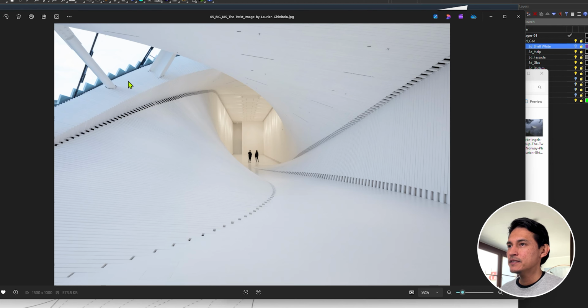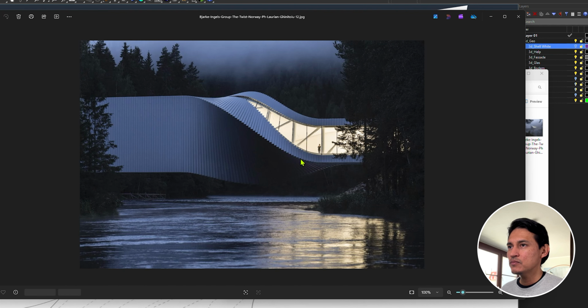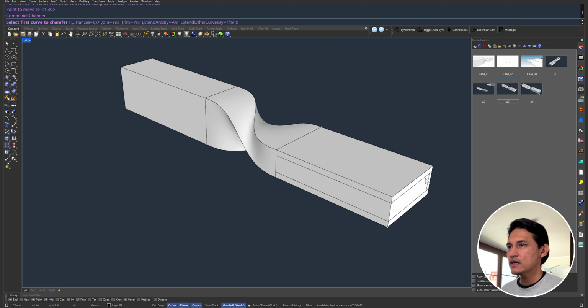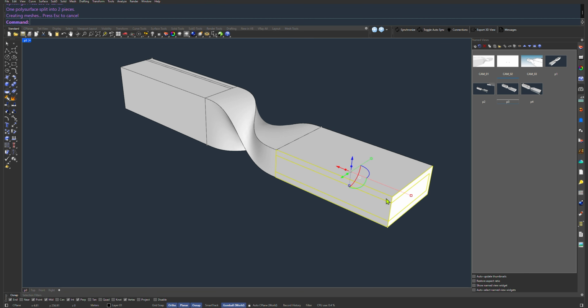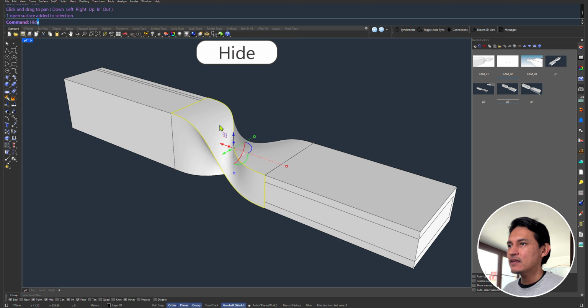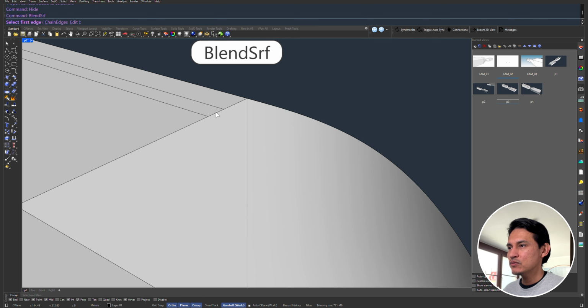For the next step, I check first how the windows look from the reference images, and then draw them with lines in the surfaces from one side, and on the other side I'll draw the lines to subdivide the top surface. Then I split the surfaces like this. Now I hide this surface for a second so I can blend these other two edges to get this new